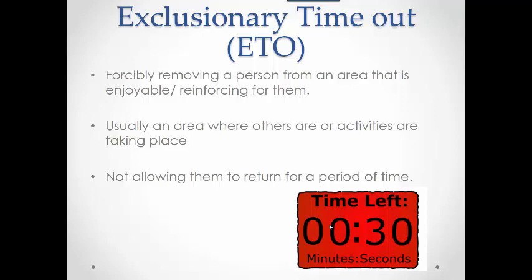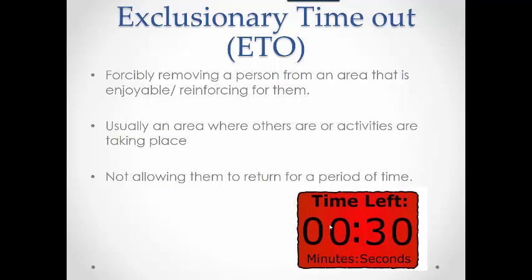Now, it's important to remember here that asking somebody to move to another area, so, you know, John, let's go outside, let's sit down and try and calm down, is not a restricted practice, unless John refuses to go and you make him go. So a point to consider here when you may be coming across this strategy is, does the person actually believe they have a choice here? If the person does not believe they have a choice as to whether to leave or not, if you're using some kind of strategy, which is often physical restraint in this case, to get the person to move to another area, then it's most likely going to be exclusionary timeout and considered a restricted practice.